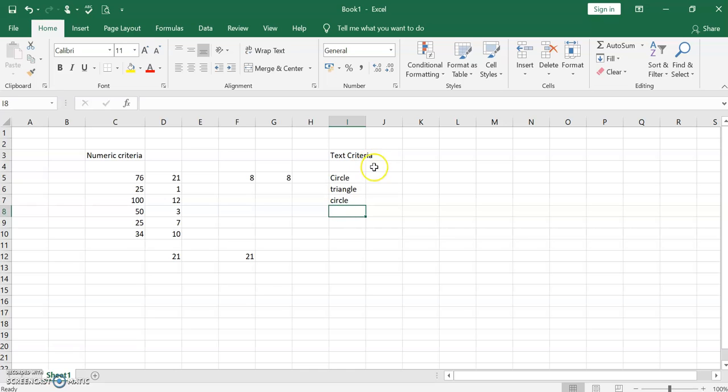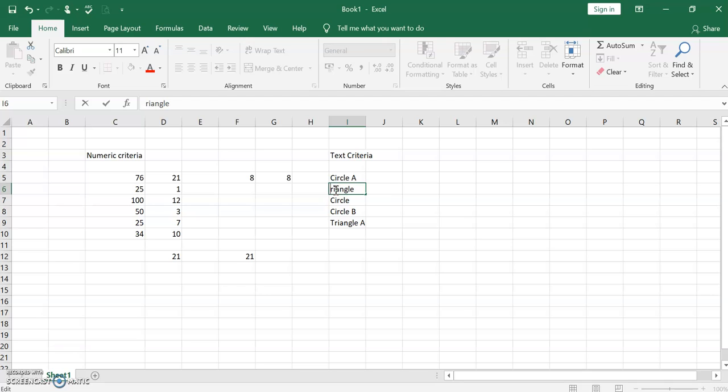And here one value you can give is circle A, because I just want to discriminate among the values. So another one I am giving circle B, and another one triangle A.